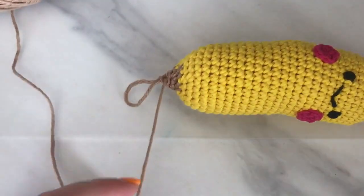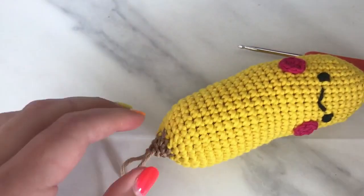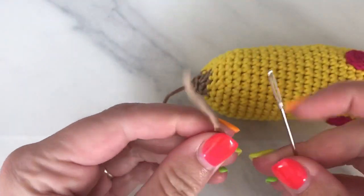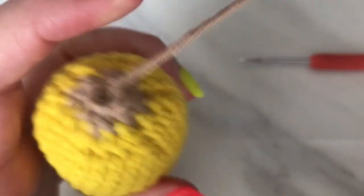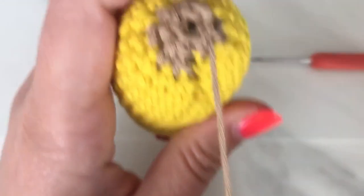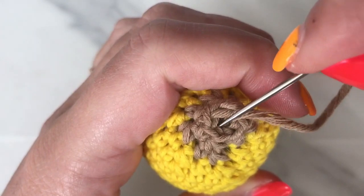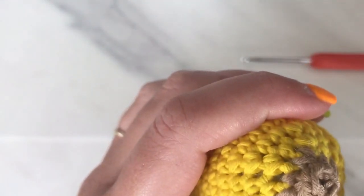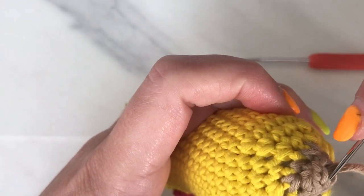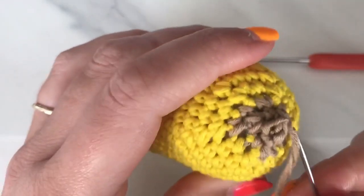cut off the end, leaving a bit of a tail because we're going to sew those ends in a second, so about there. Get your yarn needle, just pull it through, look, and thread that onto your yarn needle, and then just gather up the stitches. So you're going to go under that one and back through that one. Oh, sorry, a bit close to the camera. And under and through and the next one, and the final one, just go through, and then all you're going to do is pull on that and it should close it up nicely with a bit of a nubbin on the end like the bottom of a banana,